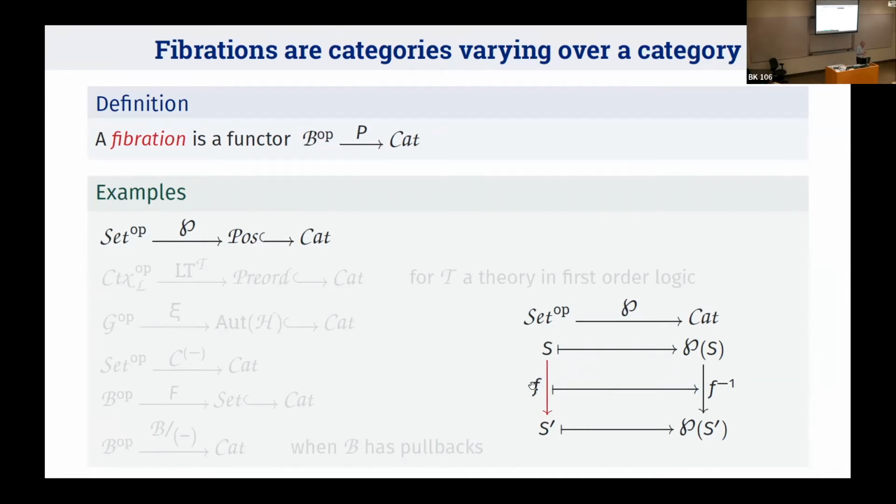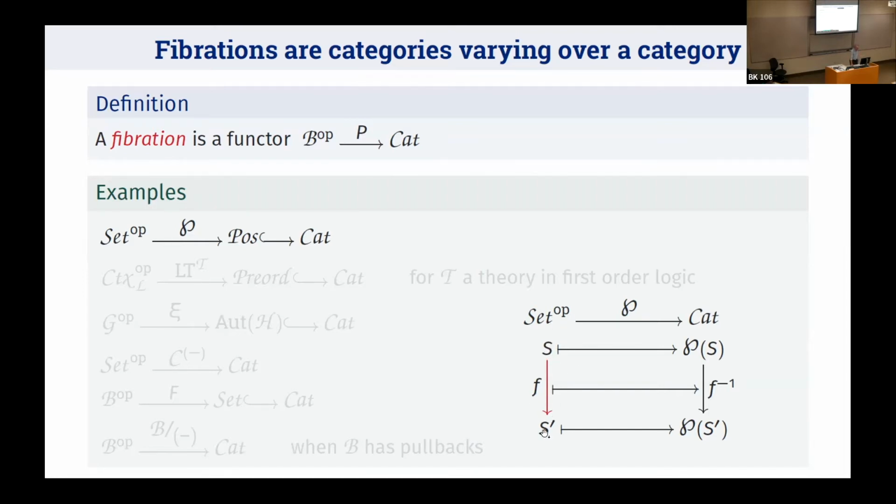Is not a function, actually. It's an arrow, an arrow in the opposite of the category of sets. And I've marked it red because I always get it wrong. The function is going in the opposite direction. The function is actually going from S prime to S. So marking it red is just to remind me that it's just a category theoretical notation for the arrows in